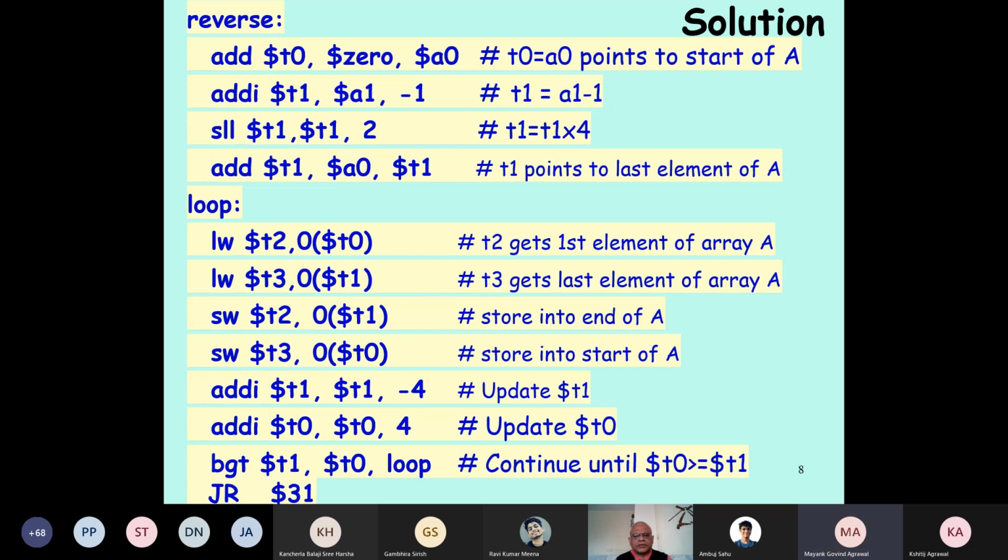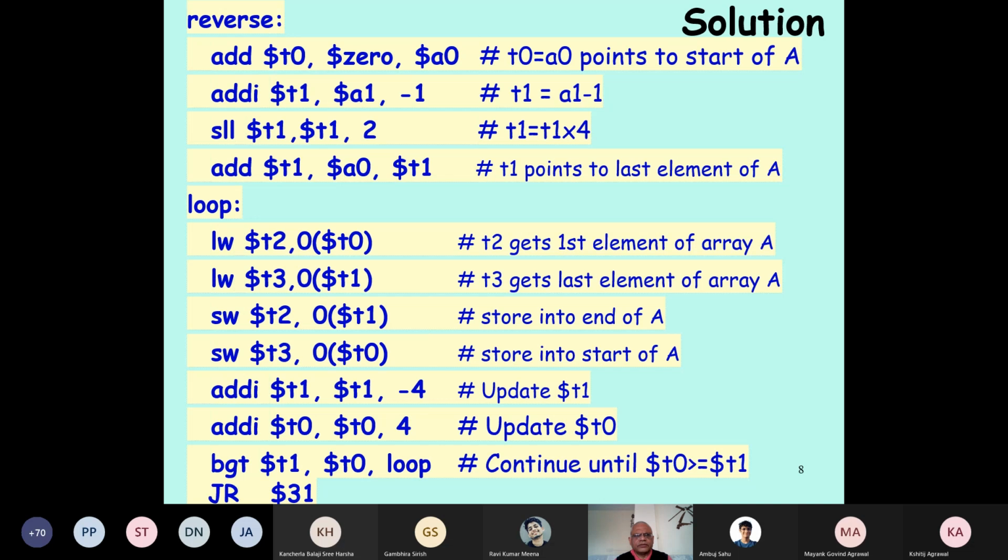And as per C convention, if the number of elements in the array is k, then k minus 1 will be the index of the last element, because the first one is 0.